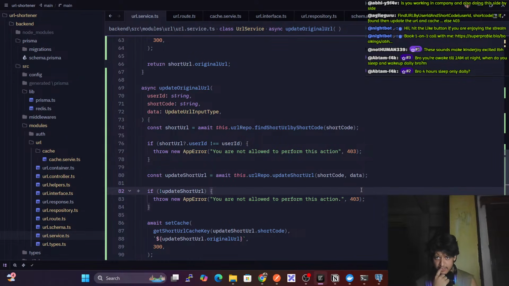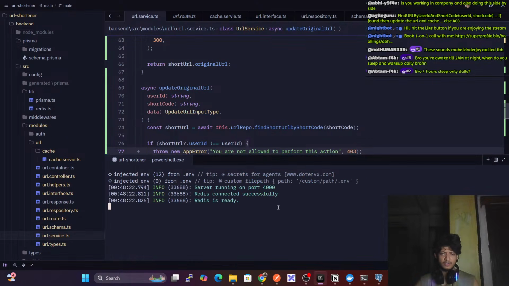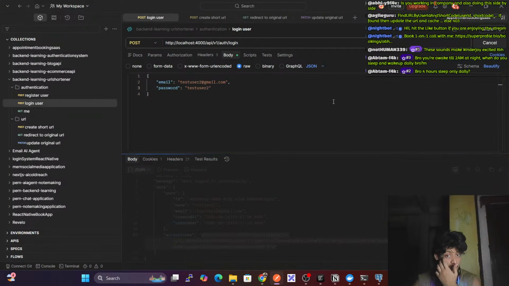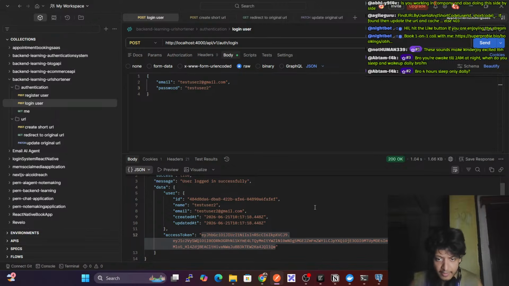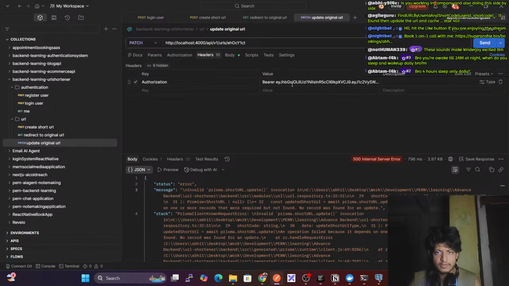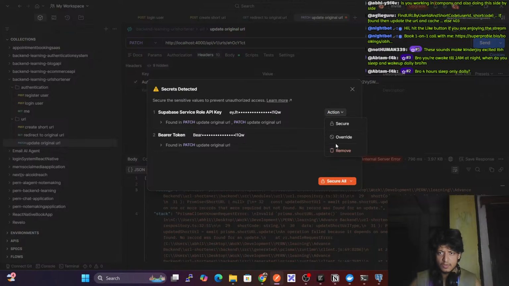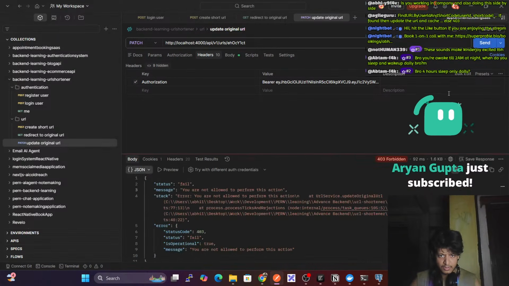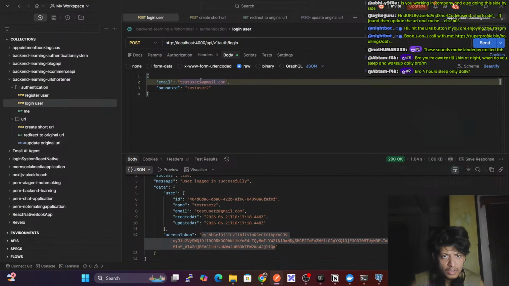Update short URL, short code and data. Yeah, that's fine. Now if I do this, I log in here, and if I go here, update this, headers, pass this, override, and send this. You're not allowed to perform this action. Very good. And now if the correct user logs in, user 1,